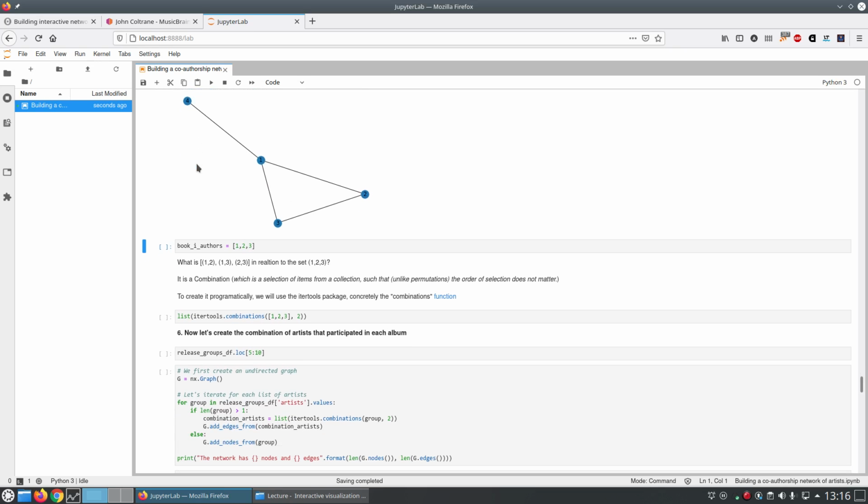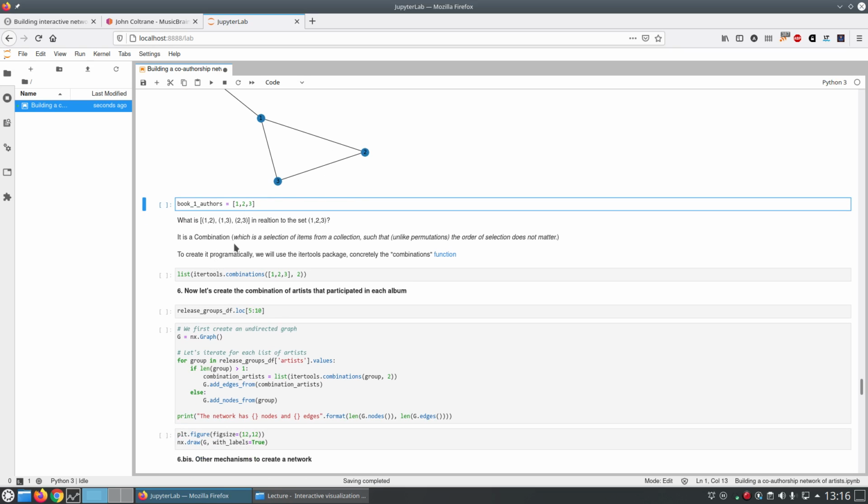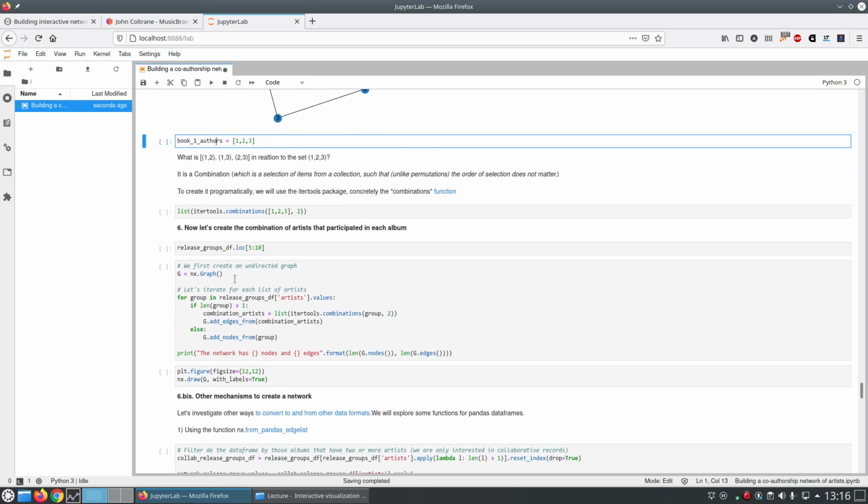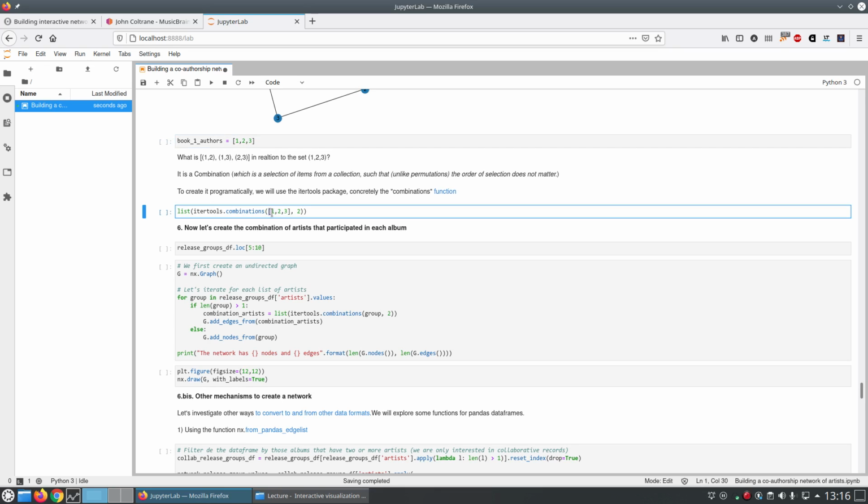As I was saying, if we have this book with authors 1, 2, 3, how do we transform from 1, 2, 3 to this list of tuples? To do this, as I said, we will be using the mathematical construct of combinations. We can use this library called itertools, and specifically the function combinations. We specify that we have these three authors, 1, 2, 3, and we want to create all the combinations combining two potential